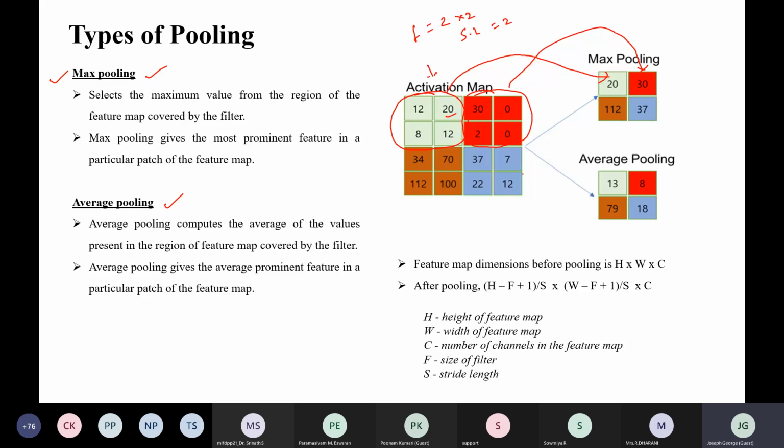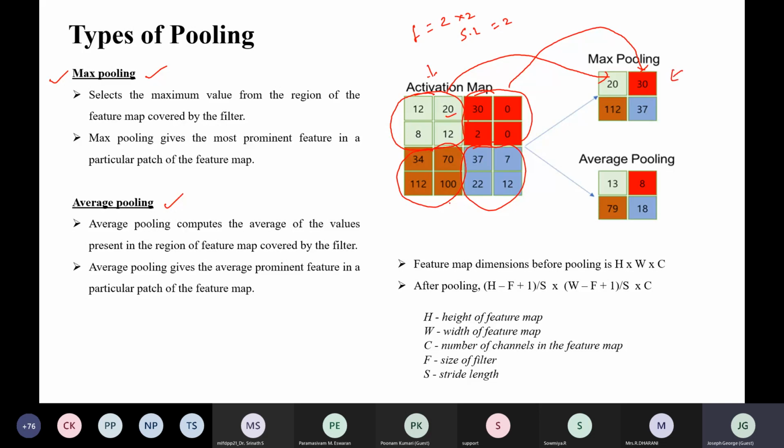This process will continue from left to right, then top to bottom, and so on. So this will reduce the dimensionality of the activation map.